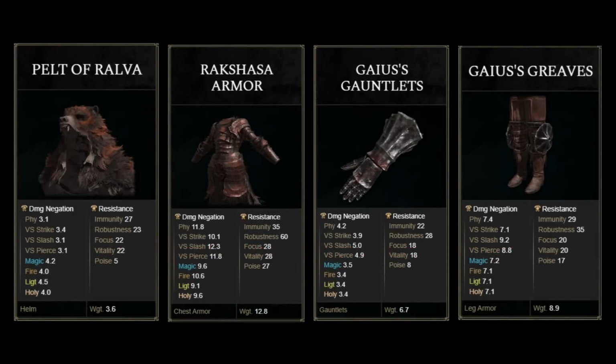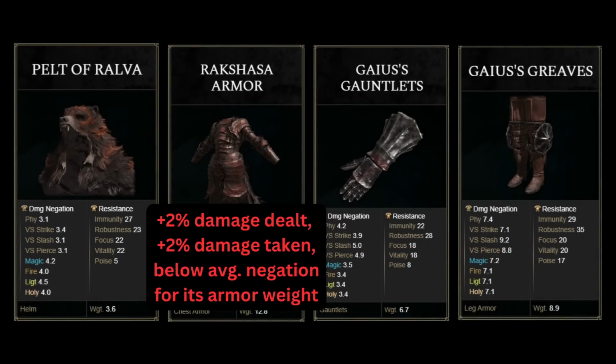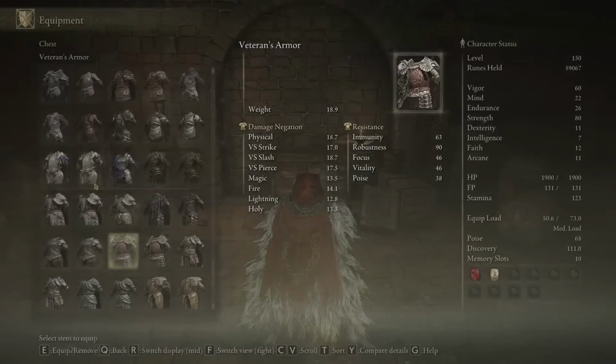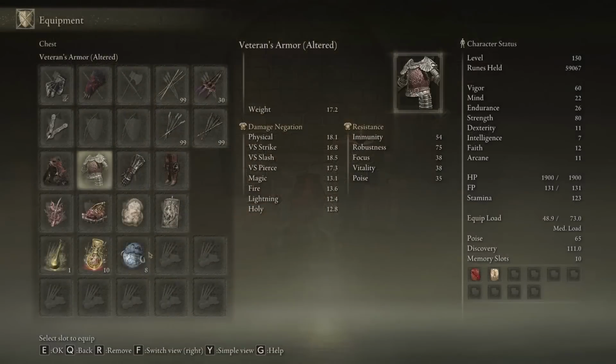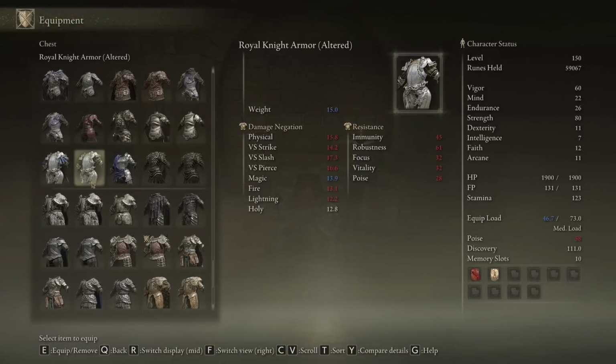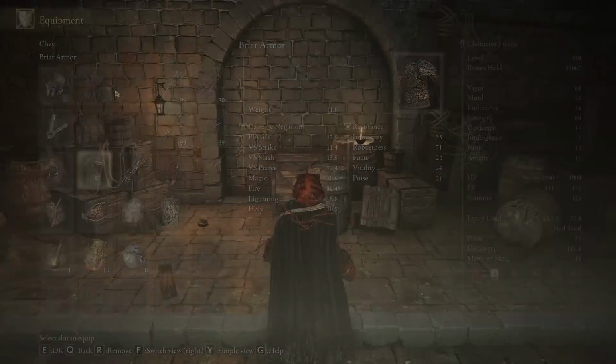Not even close. Also, the Rakshasa armor has a passive that allows you to deal 2% more damage per piece worn. However, every piece of the Rakshasa armor has less negation on average than other armor sets near its weight. In addition to that, you also take 2% more damage per piece from its passive. Therefore, in terms of damage and negation bonuses, any piece of this armor is a net negative, trading more negation than the bonus damage it is providing. However, this armor just looks too good with the pelt of Ralva to pass